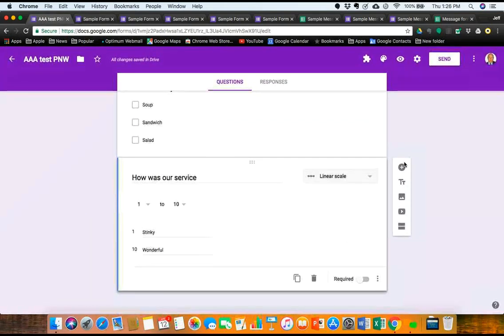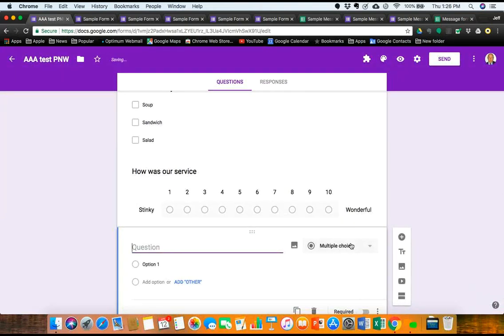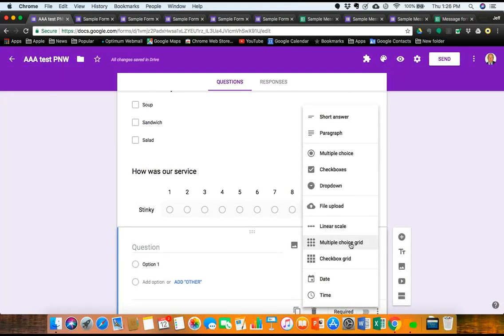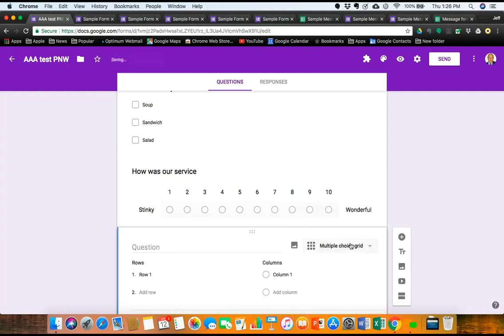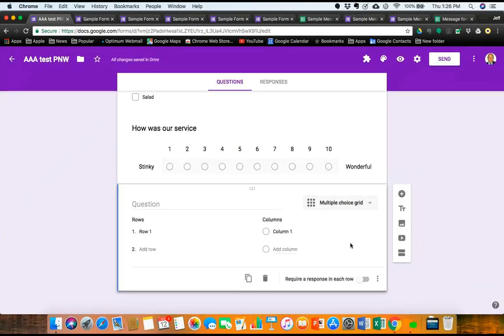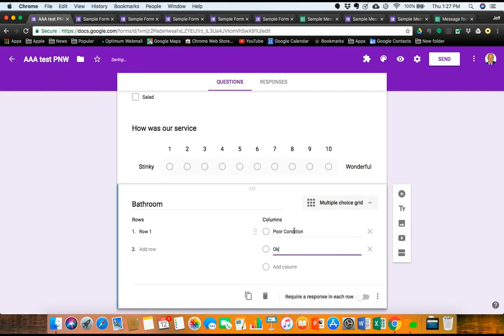Okay, let's move on to the next one, which is a multiple choice grid. Here in a multiple choice grid, these are easier. Let's assume I just did a survey form for a facilities department, and we're looking at bathroom, right? And then the columns are the choices, right? So I could say poor condition, okay condition,